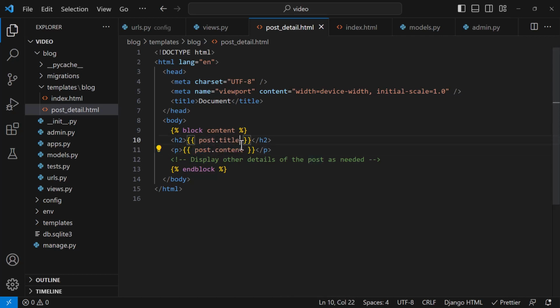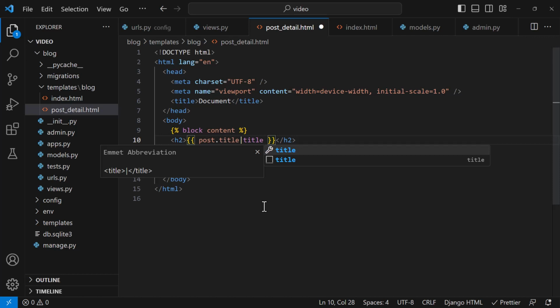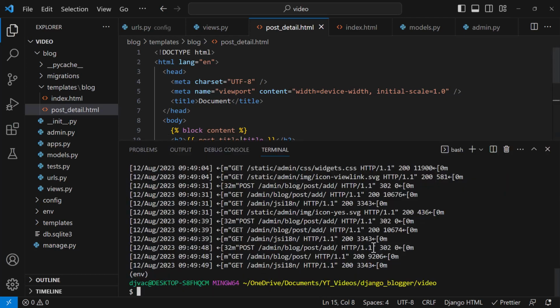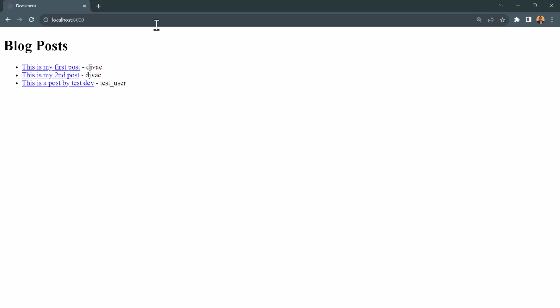And we could also use Django filters. To use those, you use the pipe symbol, and then you just use the filter. So title, we'll just capitalize each word in the title, just so that it looks more like an actual blog post title. Nice, so if we save this and we run the server, and if we go to localhost:8000, so our home route,